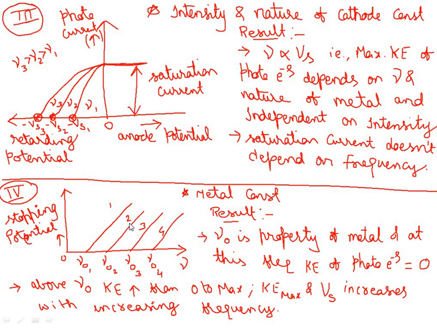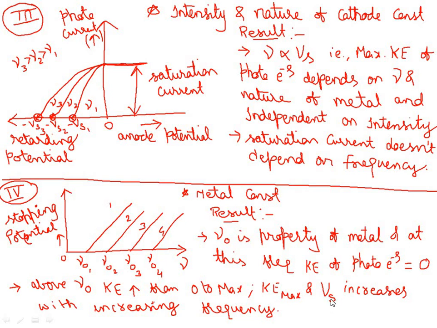From there alone the photoelectric effect will start, which means the flowing of the electrons will start. So at that frequency, what about the kinetic energy? Obviously it will be 0. Are you getting the point here? I made all that notes here. And above the threshold frequency, kinetic energy increases from 0 to maximum, and the maximum kinetic energy and stopping potential, Vs or V0, I told you already.